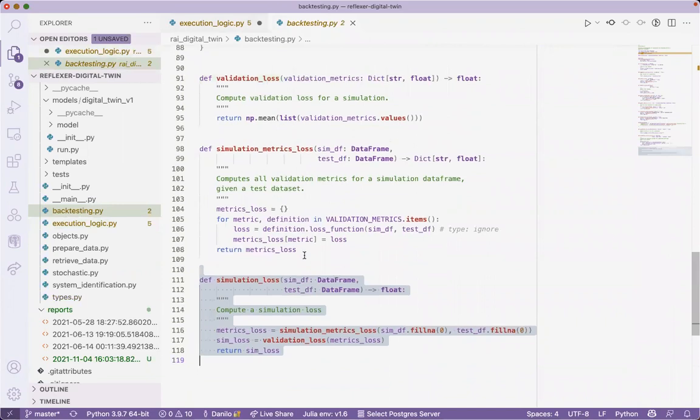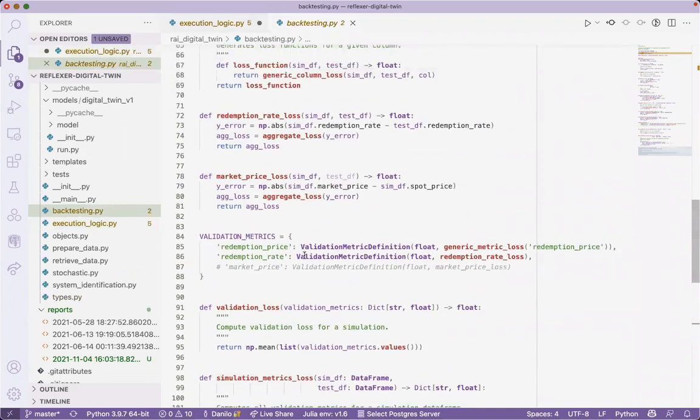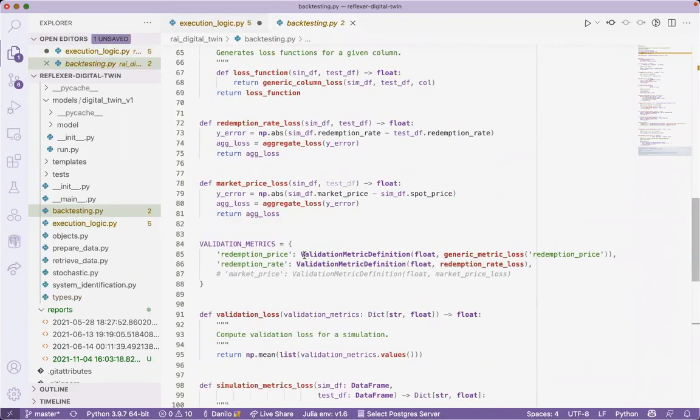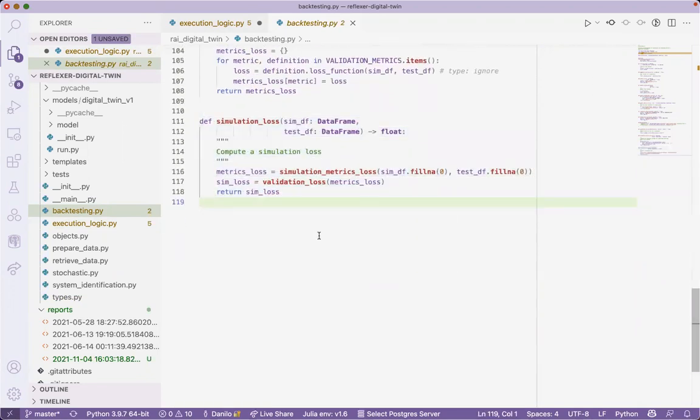So yeah, it's another long topic here. If you guys want a challenge, I would say one possible challenge would be exactly that: what are the validation metrics being used in backtesting and how are they computed.